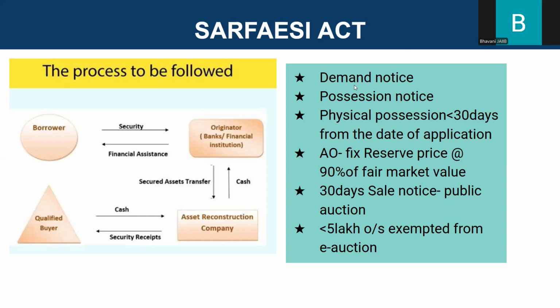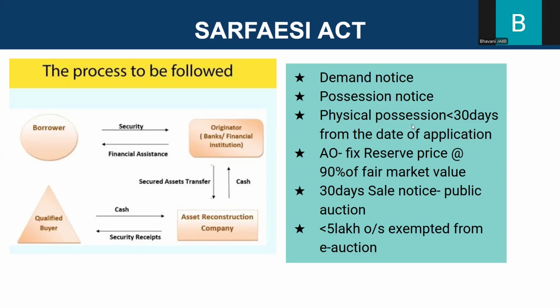An authorized officer, also called an AO, will take the possession of the mortgaged immovable property in the following manner. The person has to first give a demand notice and then a possession notice has to be issued. The possession notice has to be stuck outside the door of the property, and within 7 days of taking possession, notice has to be published in two leading newspapers, one of which should be in a vernacular language. That is, suppose if it is Karnataka, it has to be in Kannada, and if it is Tamil Nadu, it has to be in Tamil, and so on.